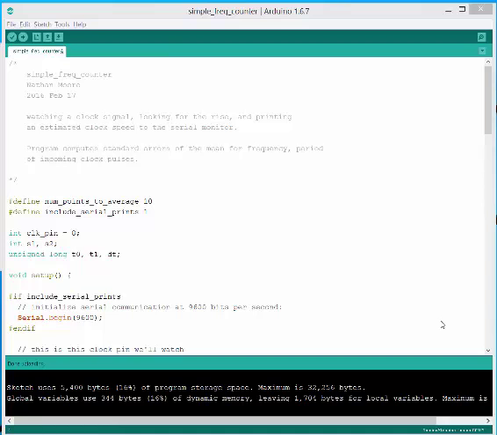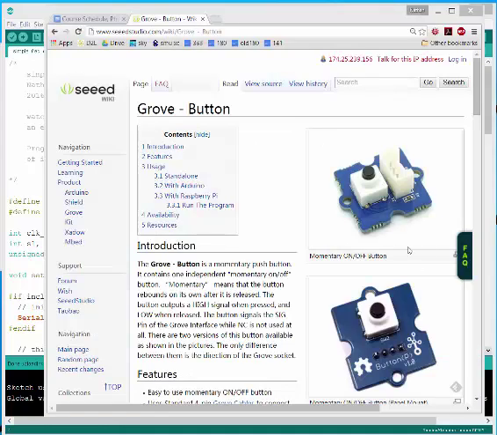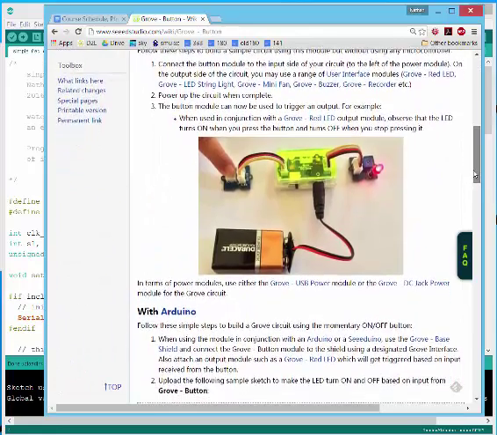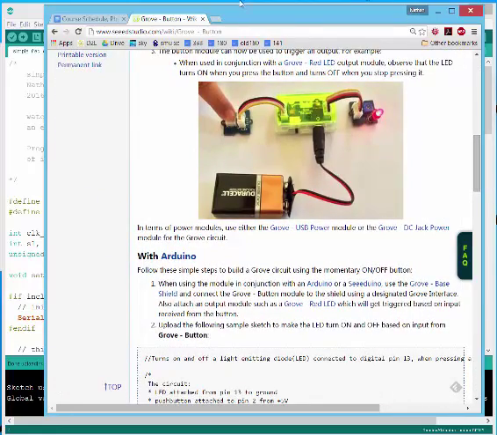I don't have a clock generator with me right now, so I'm using a Grove button, which is made by the Seeed company. Here's a picture of the button. It attaches to a chassis, and an Arduino can read it. So, at any rate,